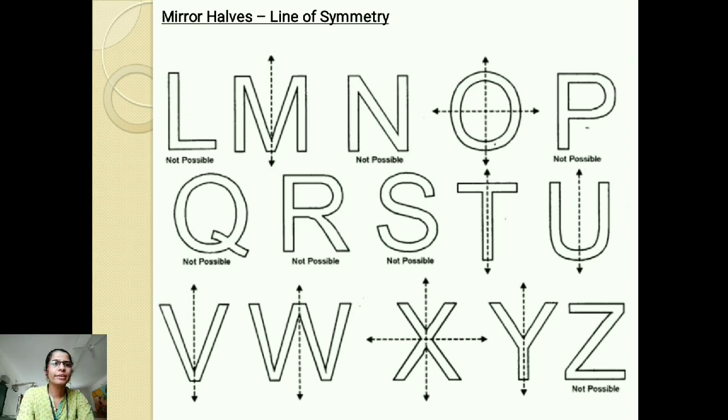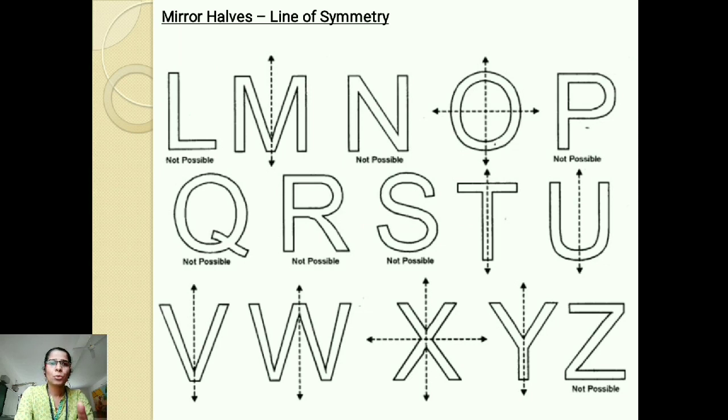Now here I have shown you a few alphabets in which an exact mirror half can be made. You can try with other alphabets, you can try with other designs also, or you can also try with numbers, to see which numbers can have an exact mirror half. Like an imaginary line, if you draw it vertically or horizontally, the other half looks the same. That is why that imaginary line is called the line of symmetry. Line of symmetry. Symmetry means same in size. So it only says same in size.